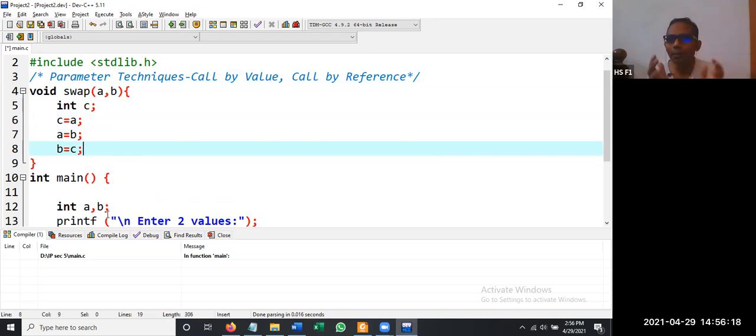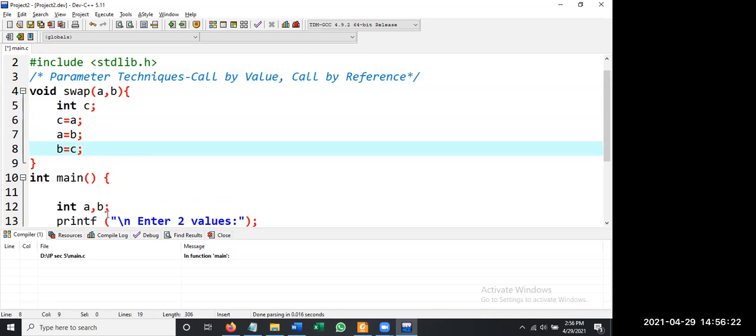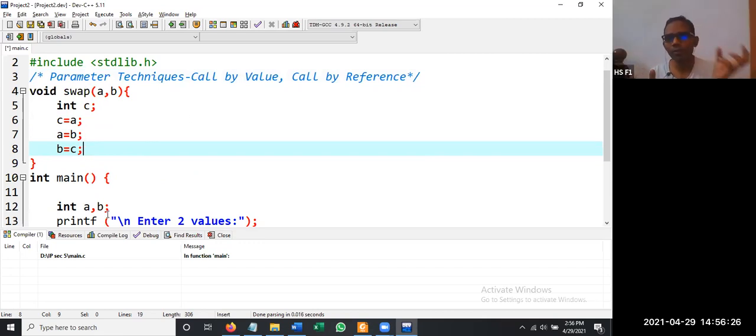This is how you are going to swap the values. Swap means interchanging the values. A value must be there in b and b value must be there in a. It's called swapping. Say a value is 10 and b value is 20. By the end of the program, a value must be 20, b value must be 10.